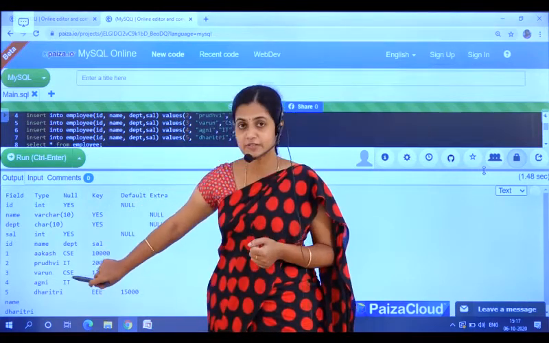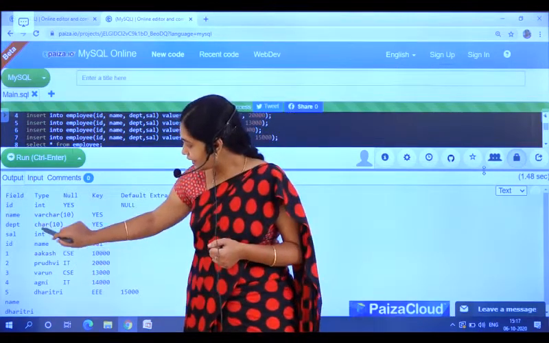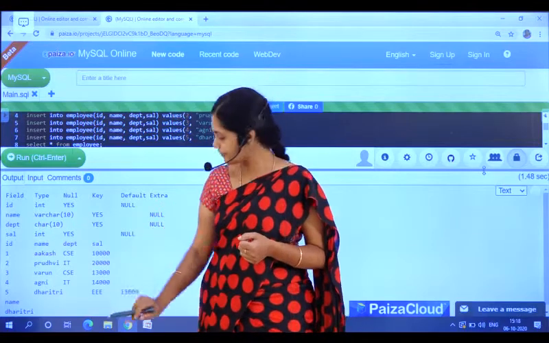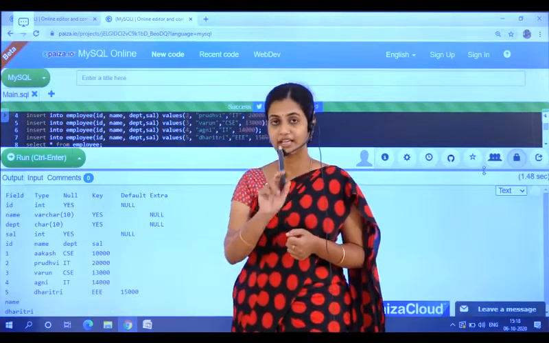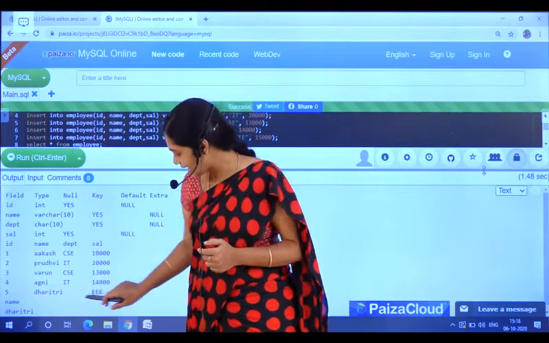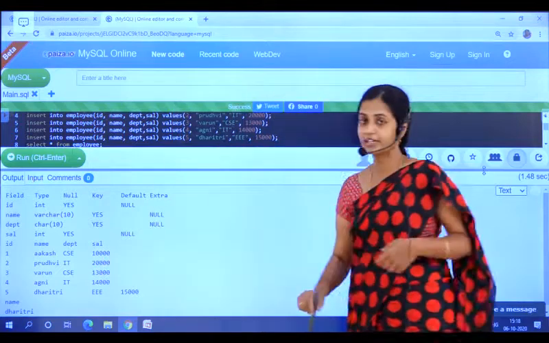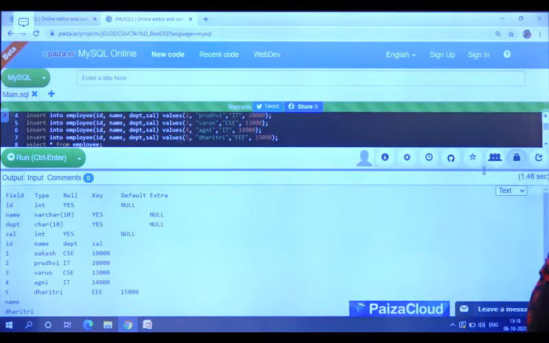I have 2 tuples for CSC and 2 tuples for IT. Which department has fewer employees? Obviously Triple E, which has only one tuple. And what is the employee name? Daritri.